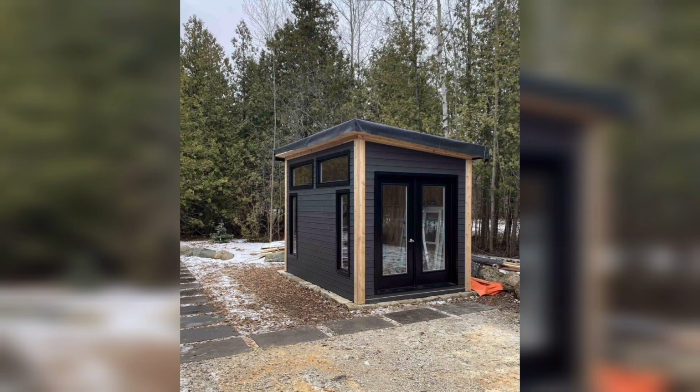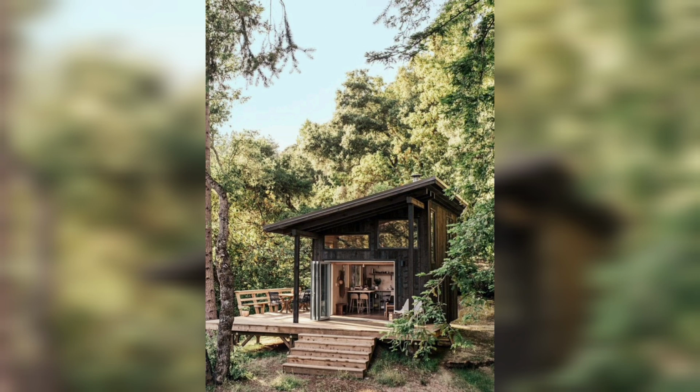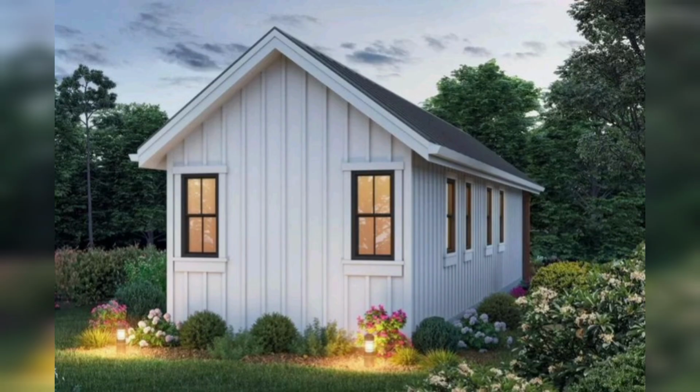when you choose a tiny guest house. Tiny guest houses are the overstyle. Those convenient structures are not only aesthetic